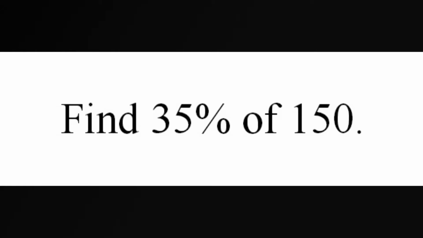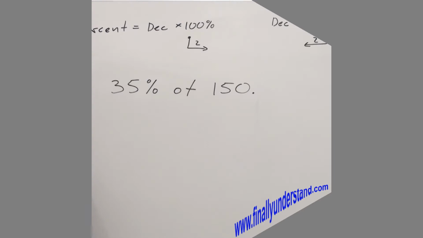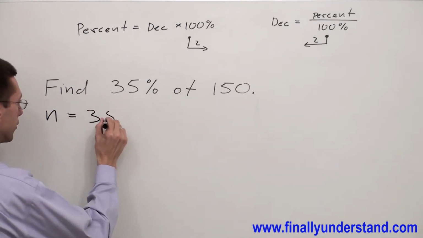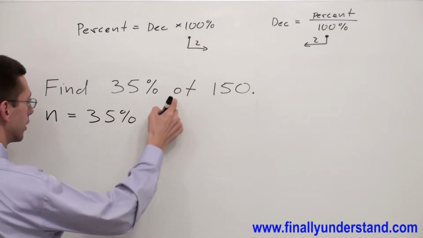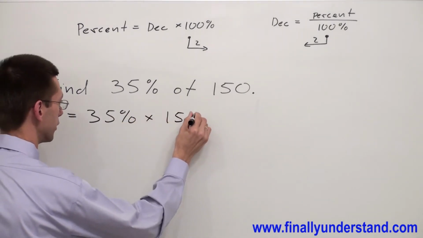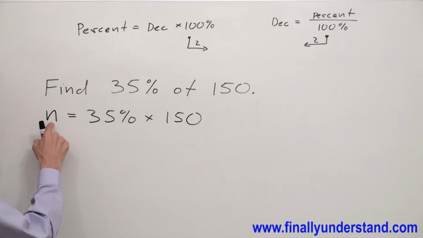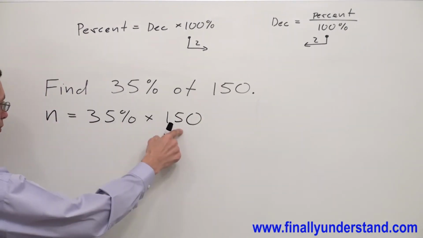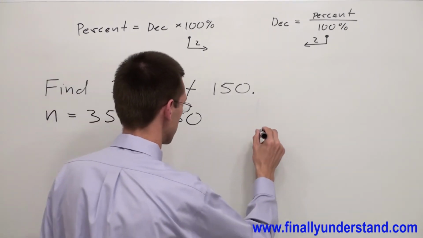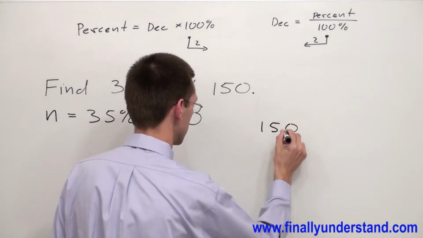Let's take a look at this example. We said find n equals 35% of 150, where "of" stands for the multiplication. Because n is by itself, I'm supposed to perform the multiplication 35 times 150. So 150 times